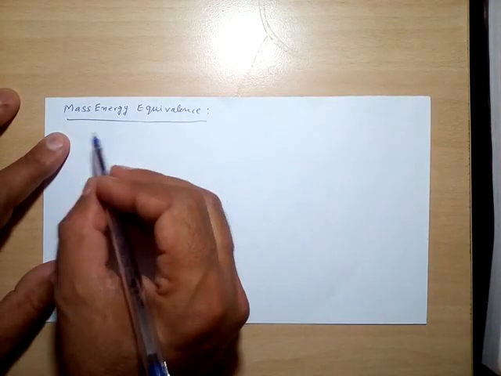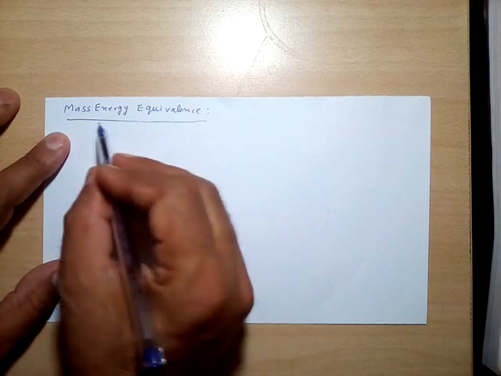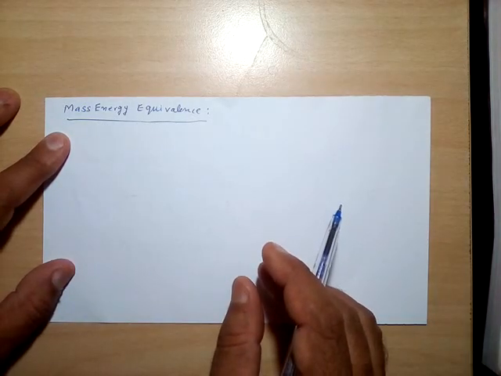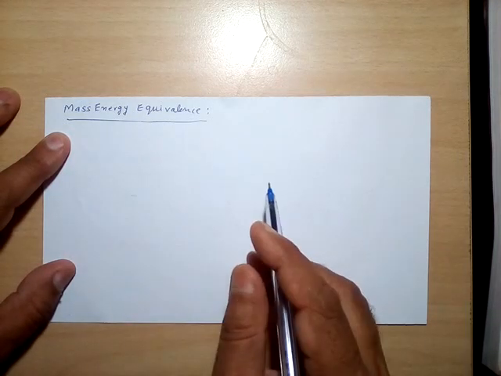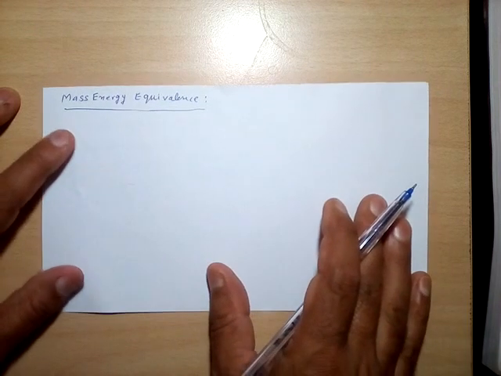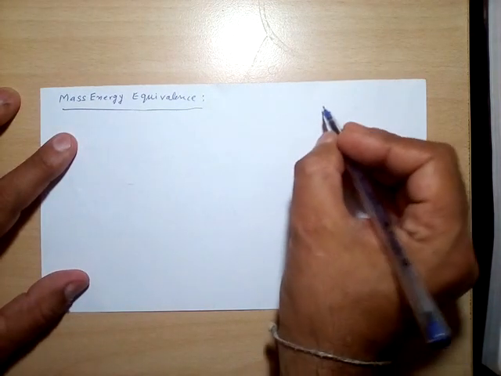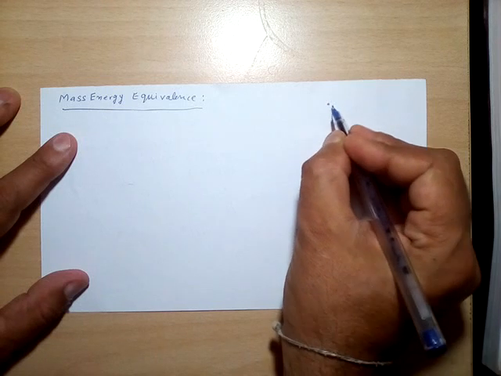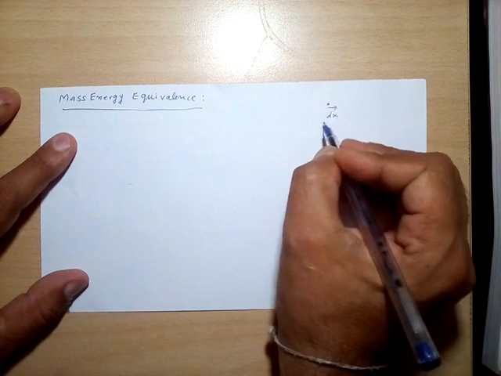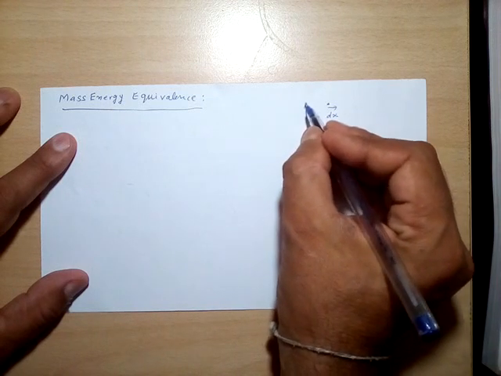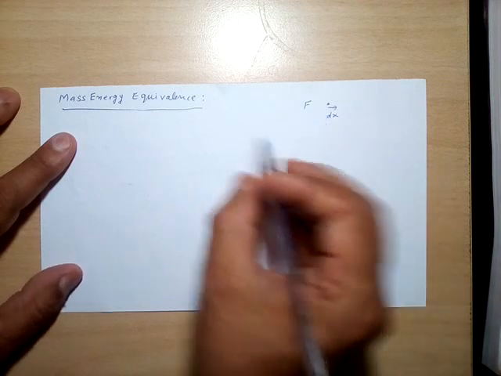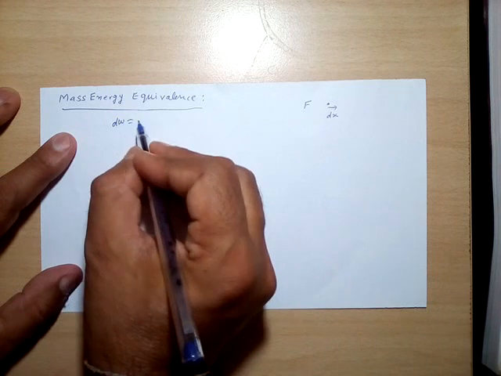In this video, we will derive the expression for Einstein's mass-energy relationship. As we know, in the theory of relativity, mass is not an absolute quantity. For example, if we have a particle and displace it through a displacement dx on application of a force F, work is done, and we can write that work as dW